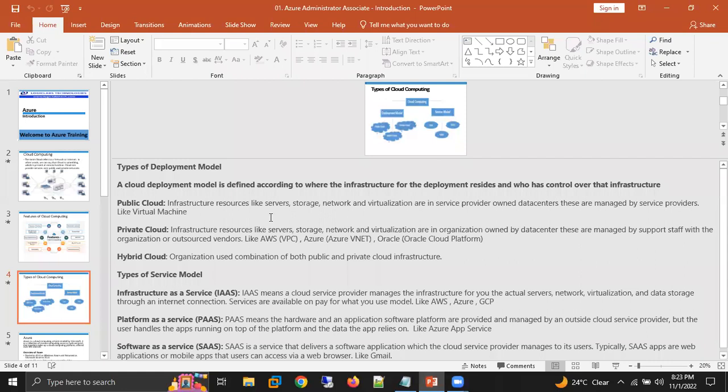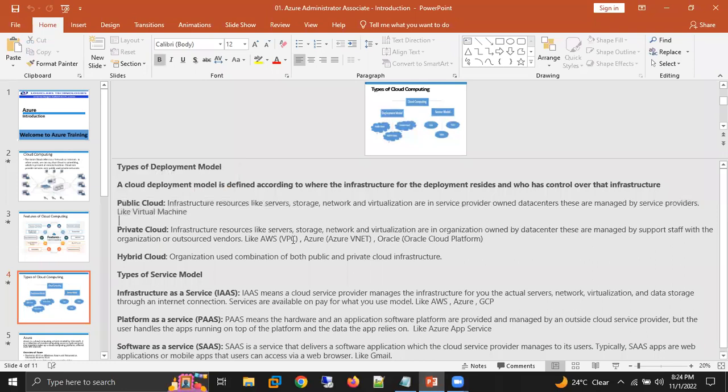First of all, we'll discuss the deployment model. In Azure, we have a service called virtual machine. That virtual machine is called public. A public cloud I can access from any part of the world. On it we can create servers and storage. If you want to create a web server or any application, anything you want, you can create it under these virtual machines.